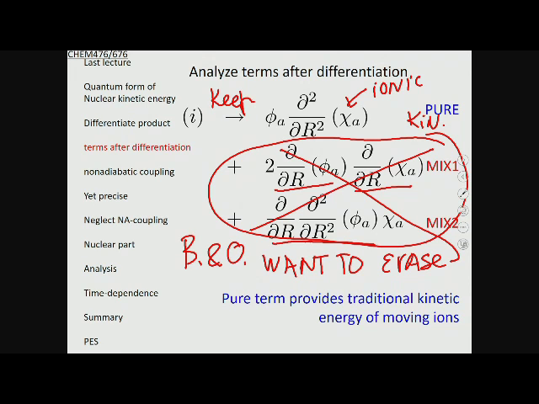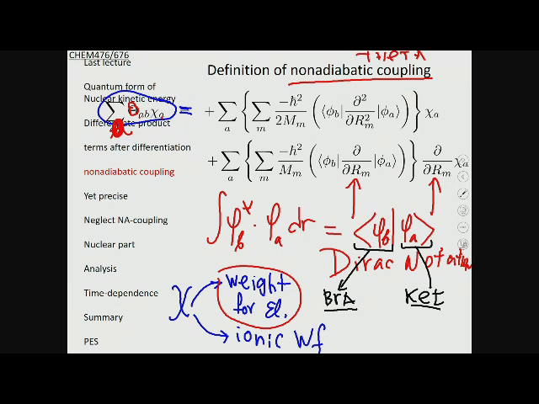Okay, so we put bold red crossing lines on the terms that mix electronic and nuclear degrees of freedom. So we keep only the pure kinetic energy. And we may want to